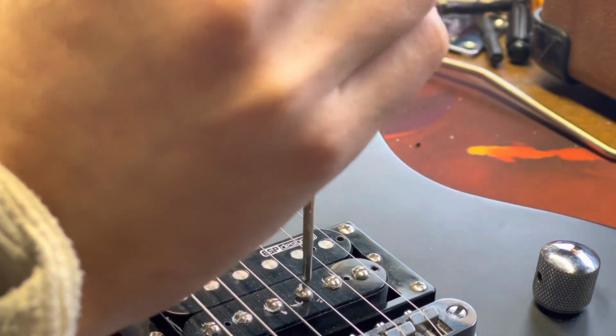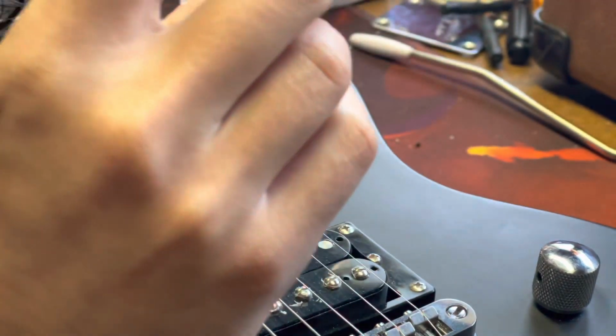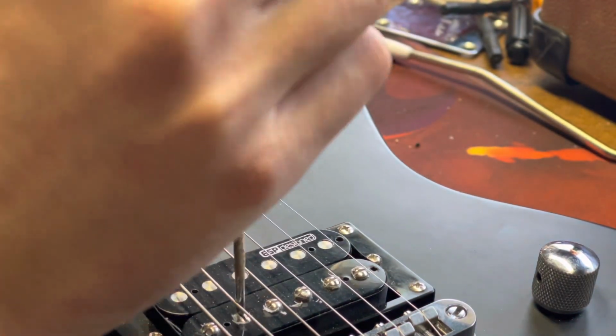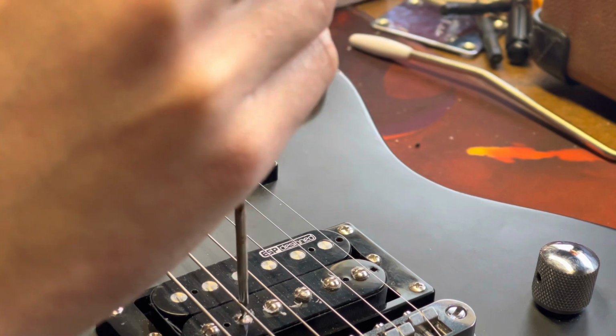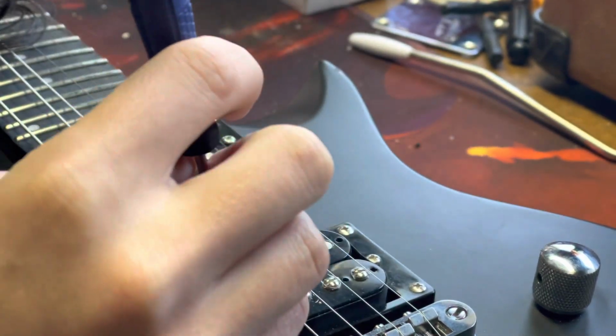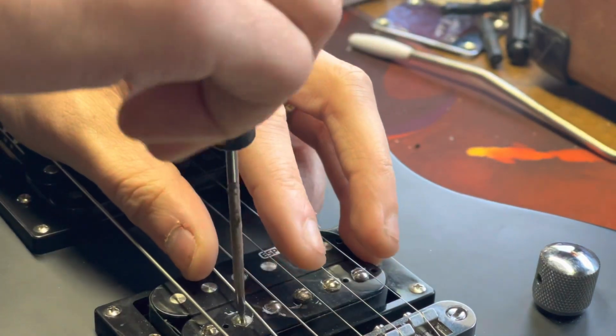That's the thing about this: you don't know what was done to the instrument before you had it, if you didn't buy it new, and then even if you did. So if you know that all of them are exactly even, then you can very easily do it like I said and just count them. But when it's not clear,